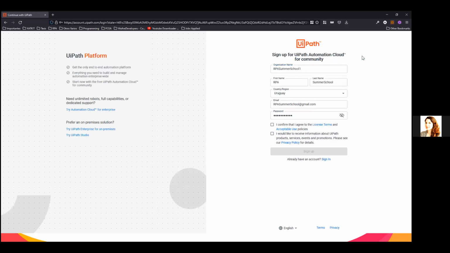credential, your account. So do not use the same credentials as you see taught during this demo, please, because we cannot use, this is not a multiple user account. So just make your own accounts. Yes, your own organization name, first name, last name, country, email, and then you set your own passwords.